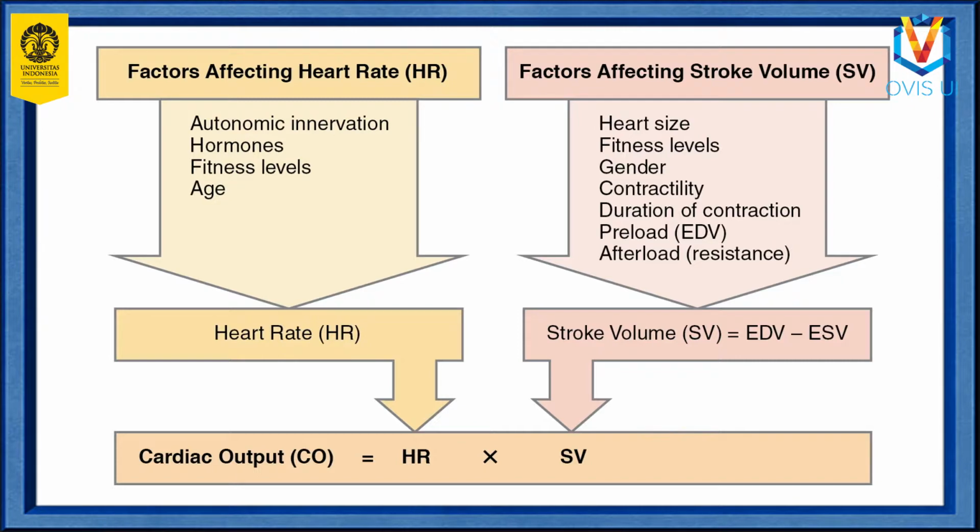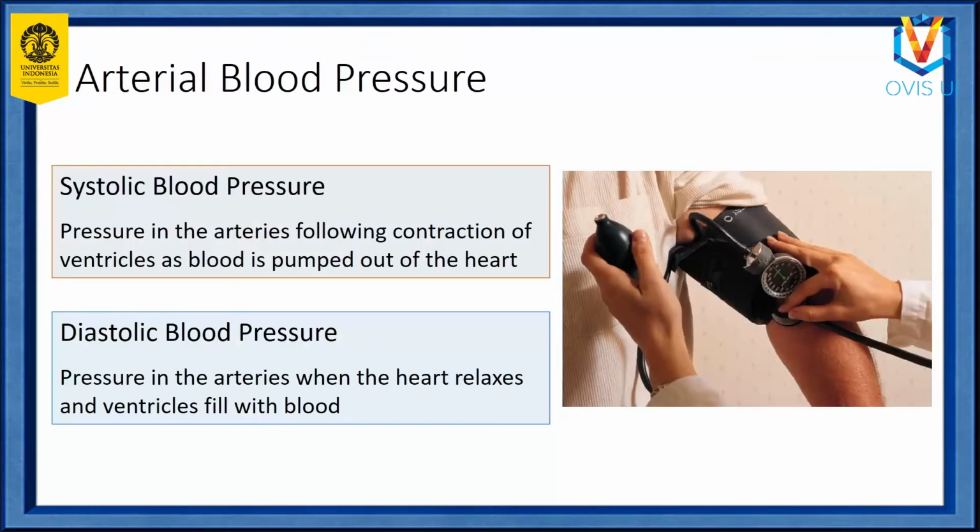Here is a summary of factors affecting cardiac output. Heart rate, which is influenced by the autonomic innervation, hormones, fitness level, and age. Stroke volume, which is influenced by heart size, fitness level, gender, contractility, duration of contraction, and diastolic volume, and total peripheral resistance. The next cardiovascular parameter is the arterial blood pressure, which consists of systolic blood pressure and diastolic blood